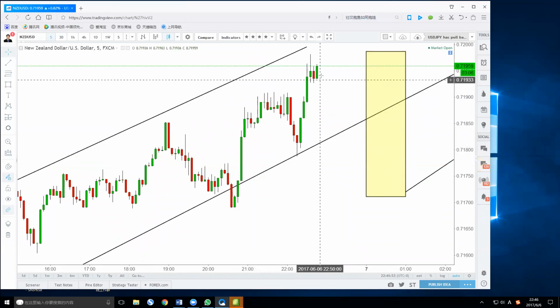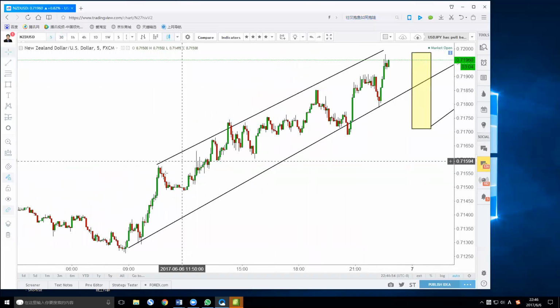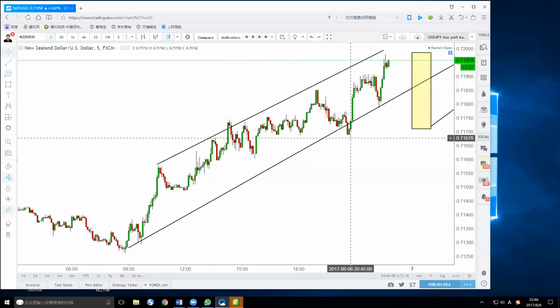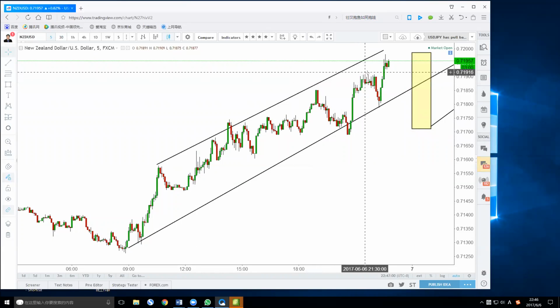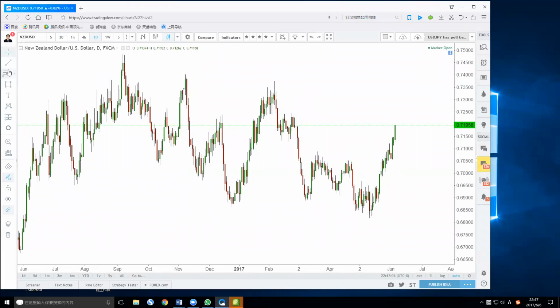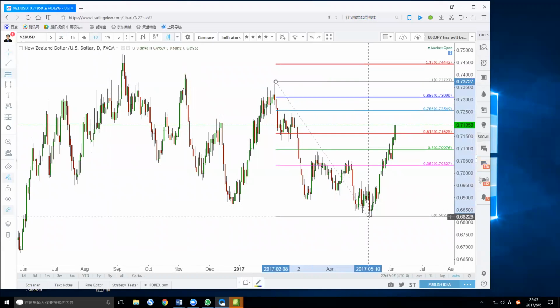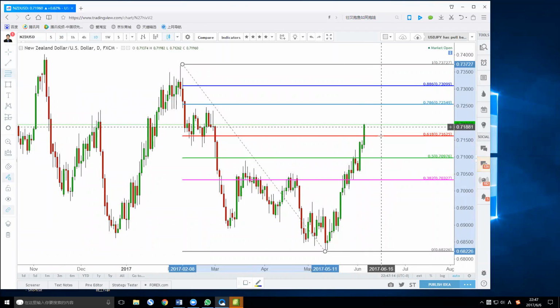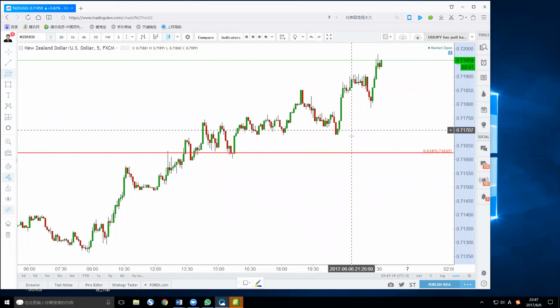You see, it's very, very bullish. Just the price is reluctant to come down. It comes down, it just shoots back. Comes down, it just shoots back. And also in the daily chart, it has already broken the 618 level. So it tells you it may go to 0.76. Unless you see a double top here, then you consider short. Otherwise, you don't short.